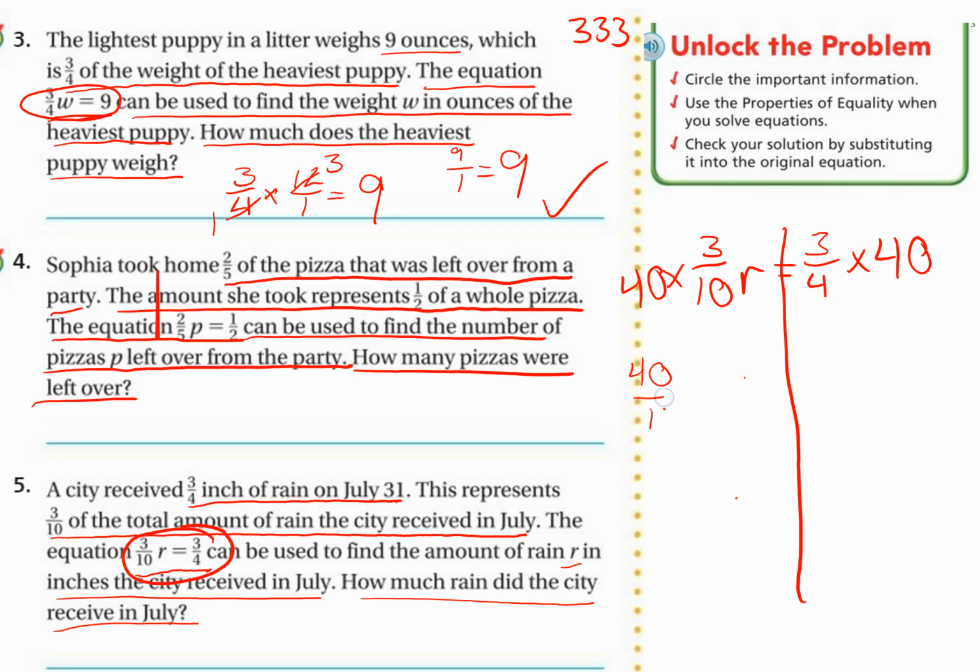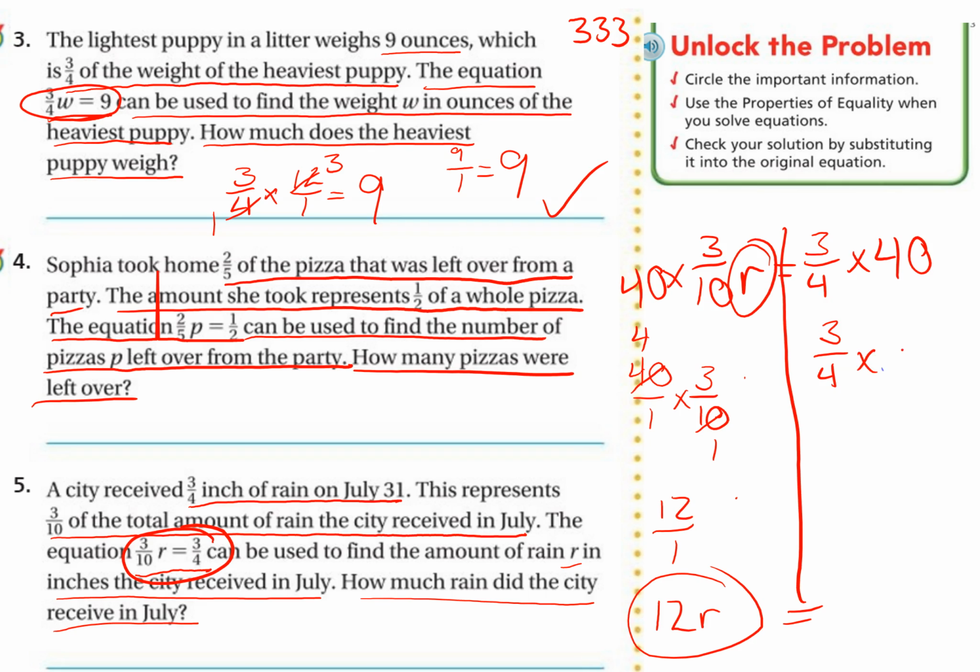Okay, so let's focus on the left side of the equal sign first. 40 over 1 is the same thing as 40 times 3/10. I can cross simplify. 10 goes into 10 one time, 10 goes into 40 4 times. 4 times 3 is 12. 1 times 1 is 1. 12 over 1 is the same thing as 12. And now we have 12R. Don't forget that R is still there. So on the left side, we have 12R equals,